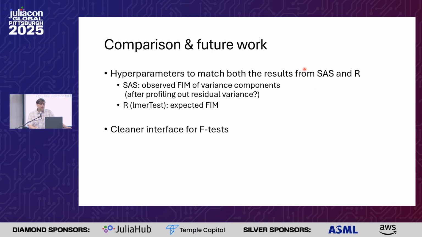And in this world of bioequivalence testing, SAS really still reigns supreme. There are some open source tools, like lmerTest in R, but I noticed that there was always a 1 or 2% difference in the results between SAS and R. So I reverse engineered what the difference was between these two methods, and I noticed that in SAS they were using the observed Fisher information matrix, while in R they were using the expected Fisher information matrix. So the Julia package allows you to choose the hyperparameter such that you can recover the result from both SAS